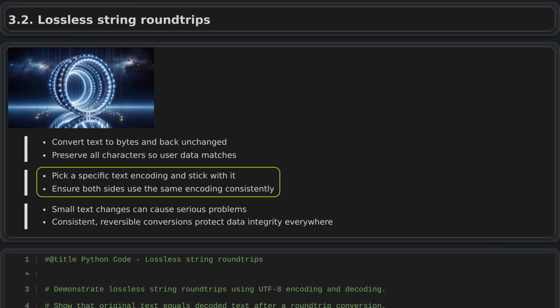To keep text conversions reliable, you must use the same encoding, such as UTF-8, both when turning text into bytes and when converting it back. If you mix different encodings or let the system guess in one direction, but specify another in the opposite direction, you can lose data or see incorrect characters. Treat the encoding as a strict agreement between whoever sends the text and whoever receives it, so every character stays